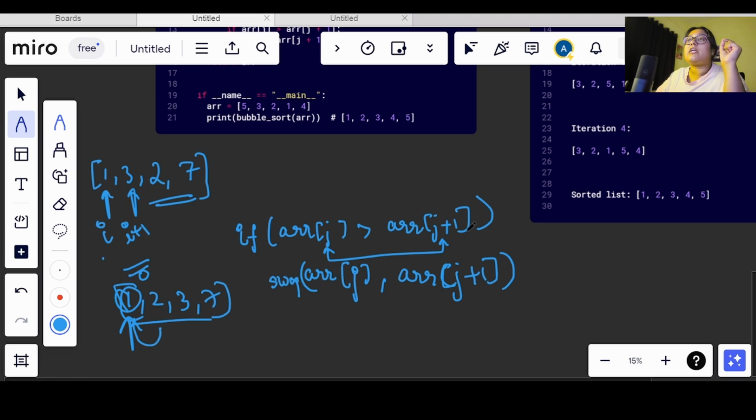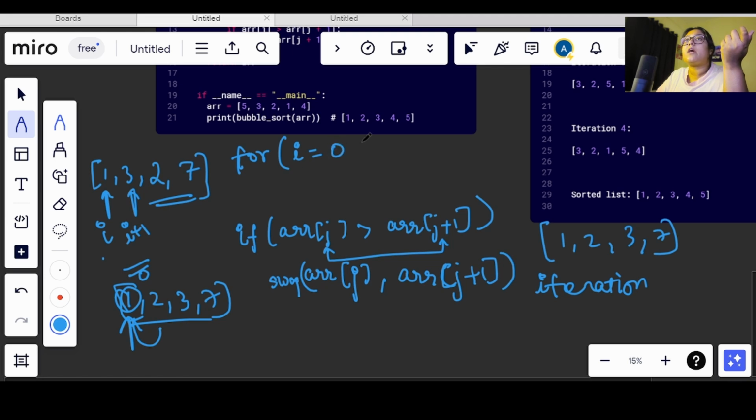If I have 1 2 3 7, one loop will keep the count of iteration. Since we are using j to compare, we will have one more loop which will keep a count of the iterations. Then we will take a for loop, it will be an outer loop, and it will keep count of the iteration. Okay, now we have the count of iteration.